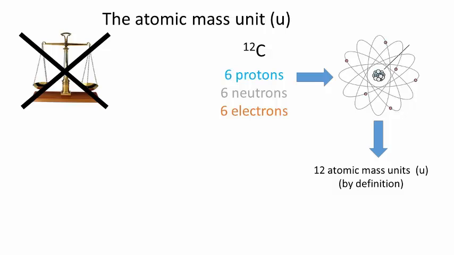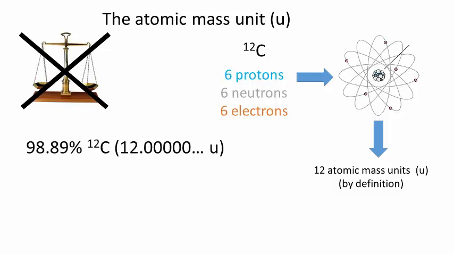At this point, we cannot say how much an atomic mass unit weighs. We can only say that 12 of them will have the same mass as an atom of carbon-12. Experiments can easily establish the relative weights of isotopes. For example, an atom of carbon-13 is 1.08361 times heavier and thus weighs 13.00335 atomic mass units. Also, experiments can easily determine that 98.89% of carbon atoms are carbon-12 and 1.11% are carbon-13,